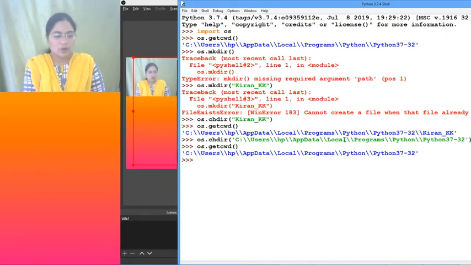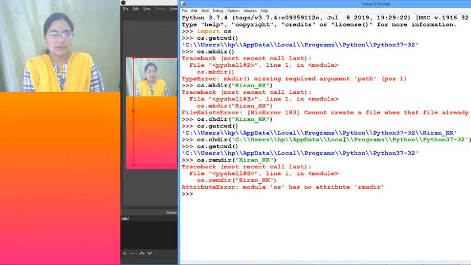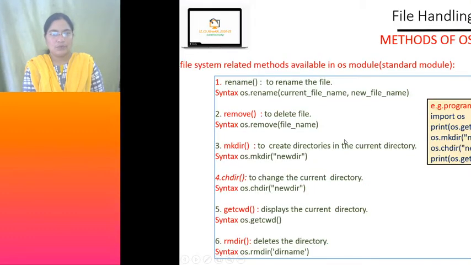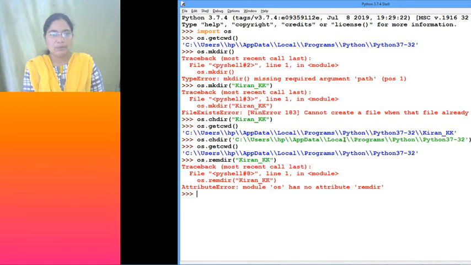Now how do I remove the directory? So os dot, what is that? remove directory. Which directory do we want to remove? We have created Kiran_KK, that only let me remove. Now let us see. Attribute error. Okay, so to remove a directory, it is rmdir, sorry.